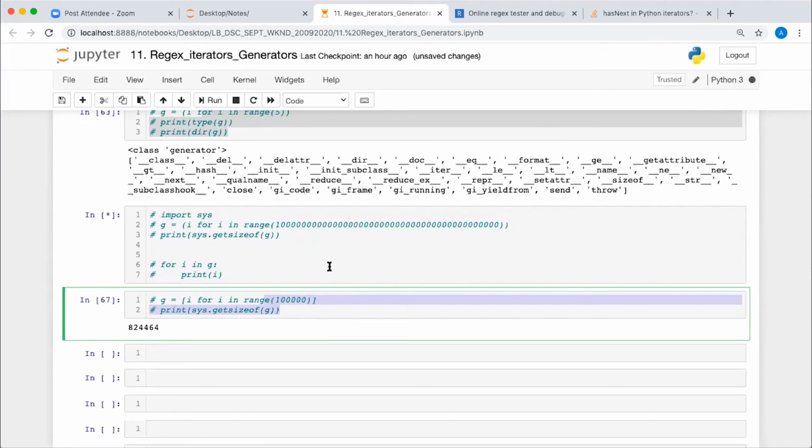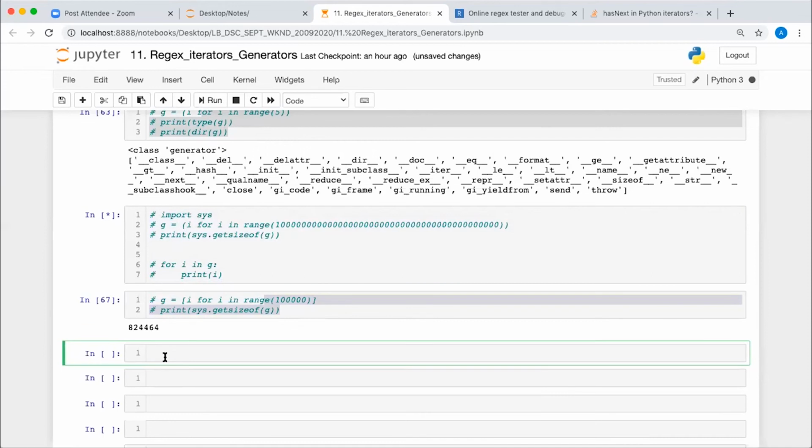Now, this is the generator sequence of the numbers. What if I want to create a generator sequence of different values? Because a list can have different values, right? So my generator can also have different values. Yes. In that case, you have to use the function definition syntax to define the generator. So I'm defining my_generator here.